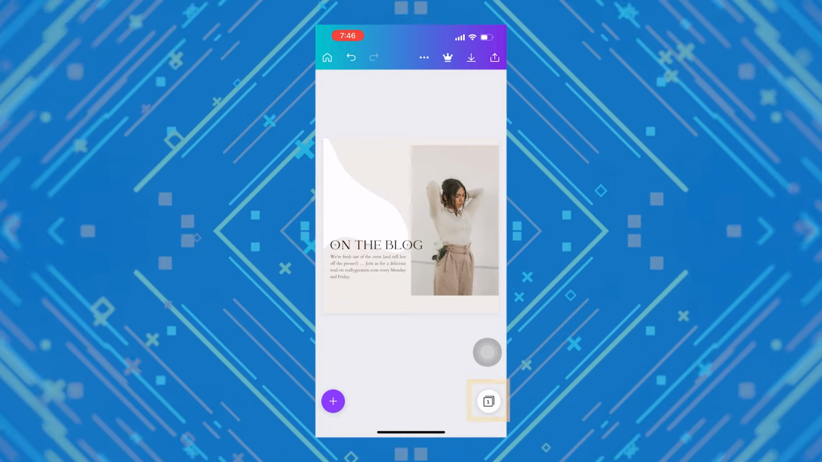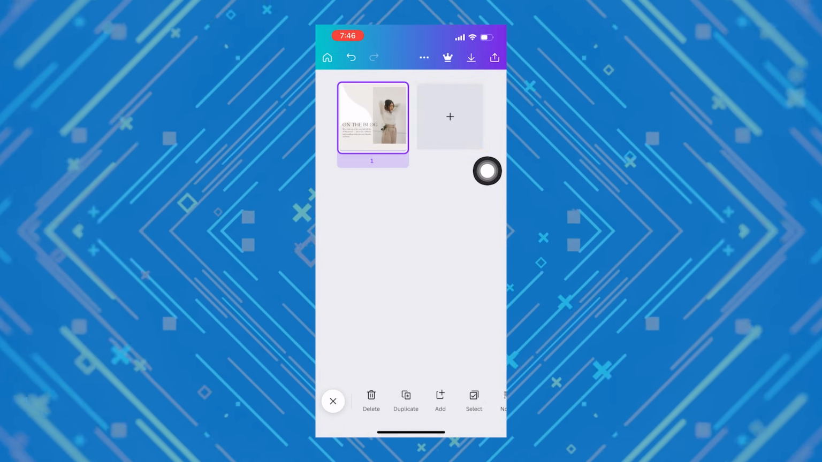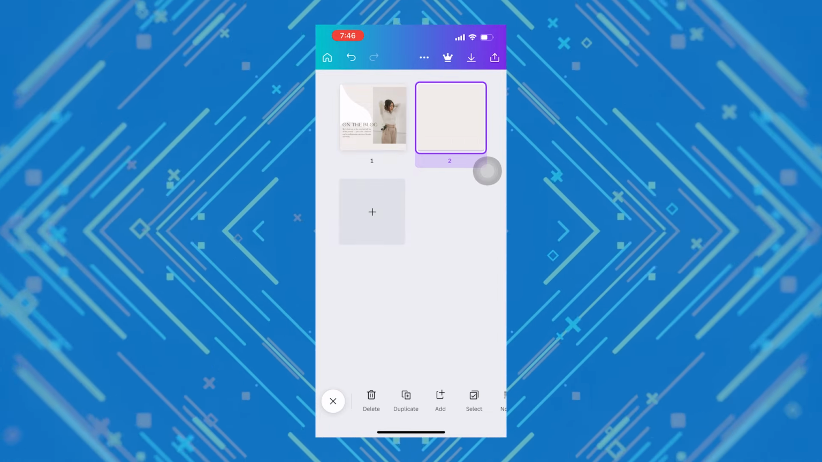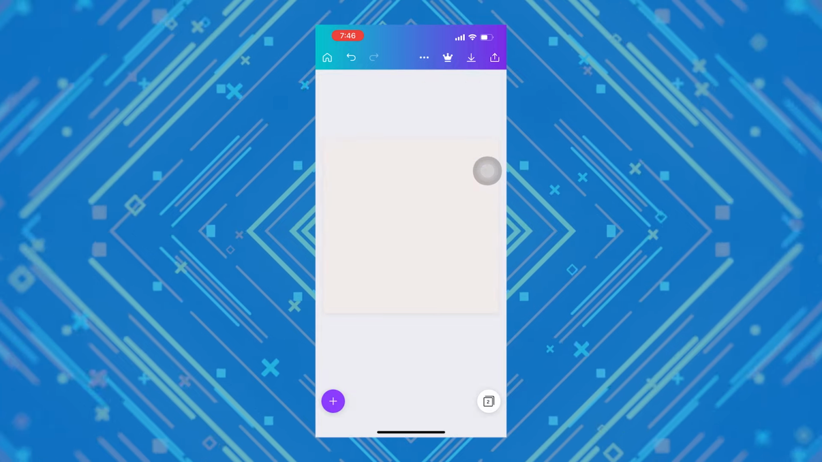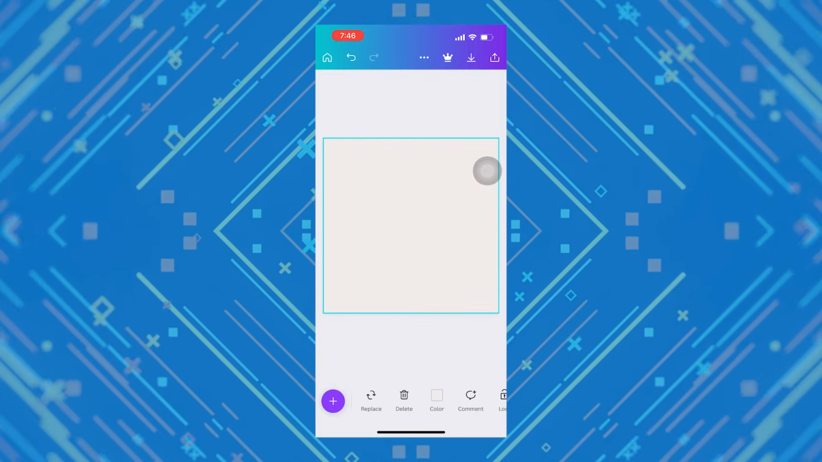To add a new blank page, tap on it and select the plus button inside the square here. Once it's created a new page, you can double tap the new page to edit it or your first page to select which one to continue designing on. To go back to your editing tools, simply click on your canvas and they'll pop right back up at the